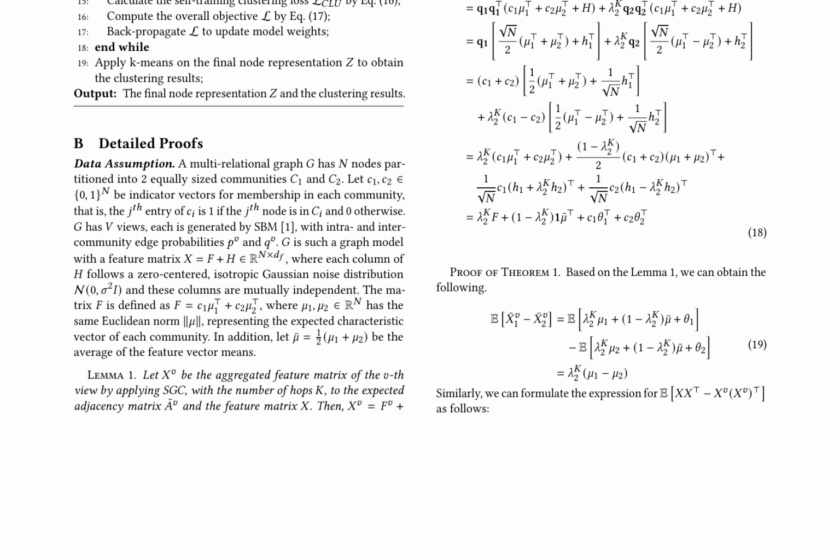The significance of this algorithm lies in its ability to handle multi-relational graphs, where nodes are connected by different types of relationships. By jointly optimizing the reconstruction, collined representation learning, and self-training clustering losses, the algorithm can effectively learn and cluster nodes, revealing hidden patterns and structures in the graph. Overall, this algorithm offers a powerful tool for clustering nodes in complex multi-relational graphs, with potential applications in various domains, such as social network analysis, recommender systems, and knowledge graphs.